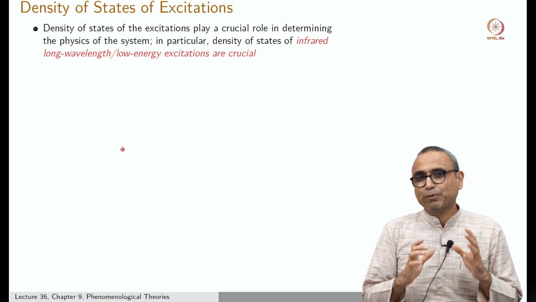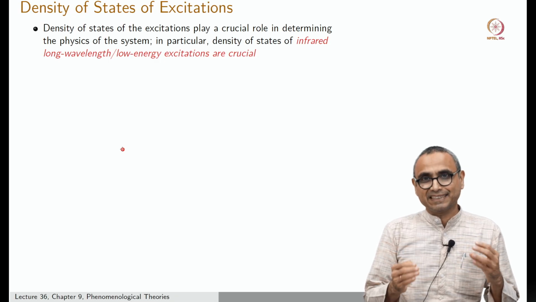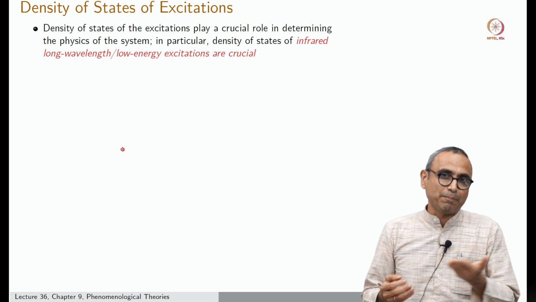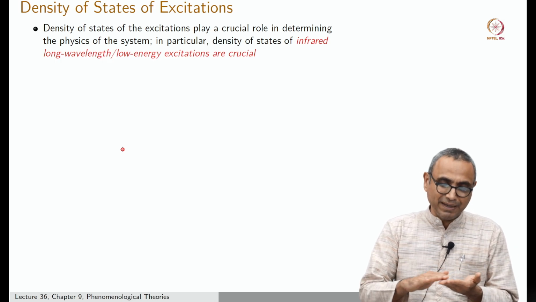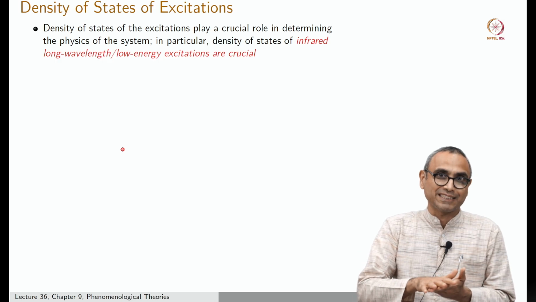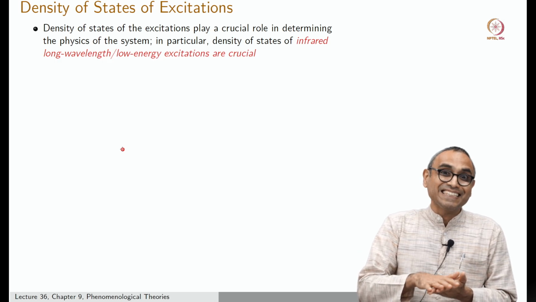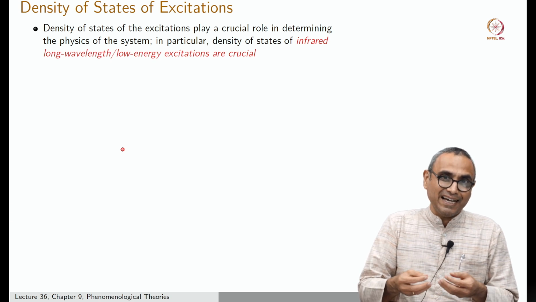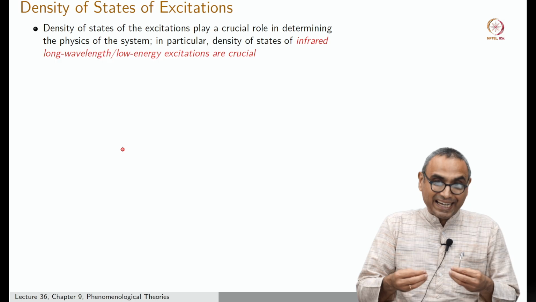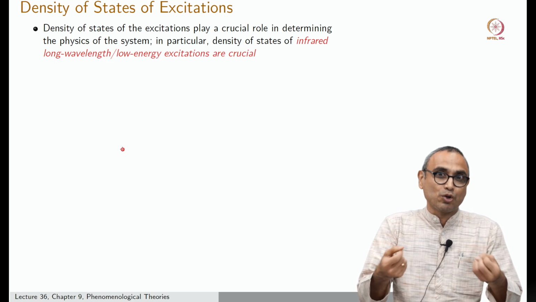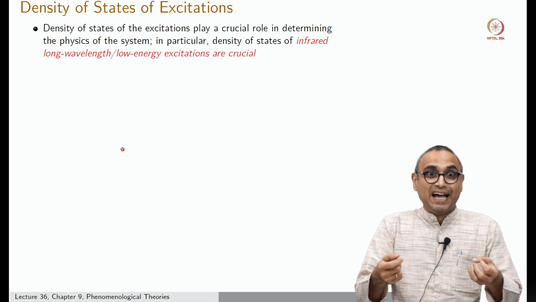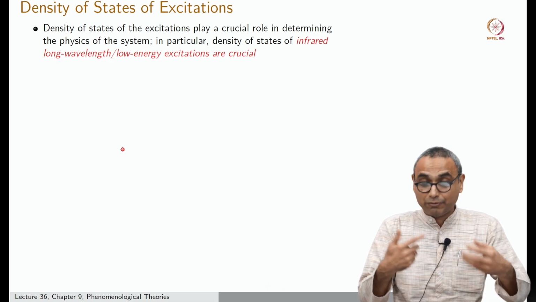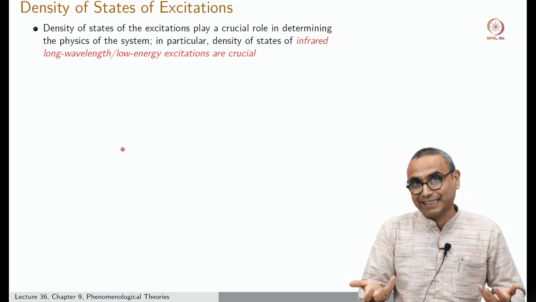This plays a very important role in understanding the physics of the system. What do I mean by that? Imagine the saddle point that we have. There is some energy associated, and there are fluctuations about the saddle point. The question is, how many low energy fluctuations are there above the saddle point, and can I thermodynamically access those low energy fluctuations? If I can access them and they are very readily available, then the fluctuations will take over and they will change my physics.